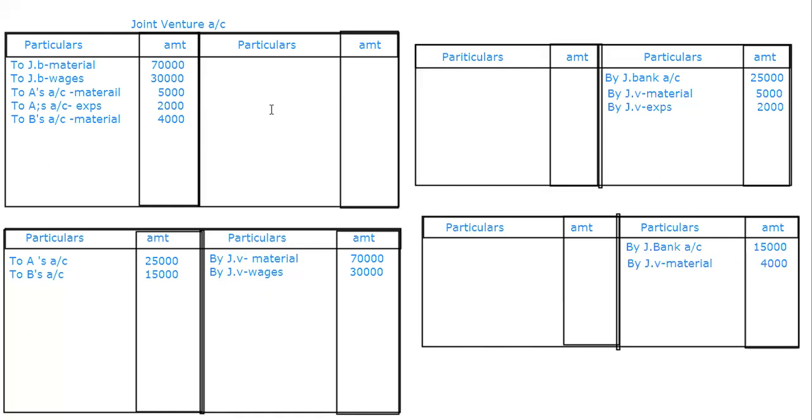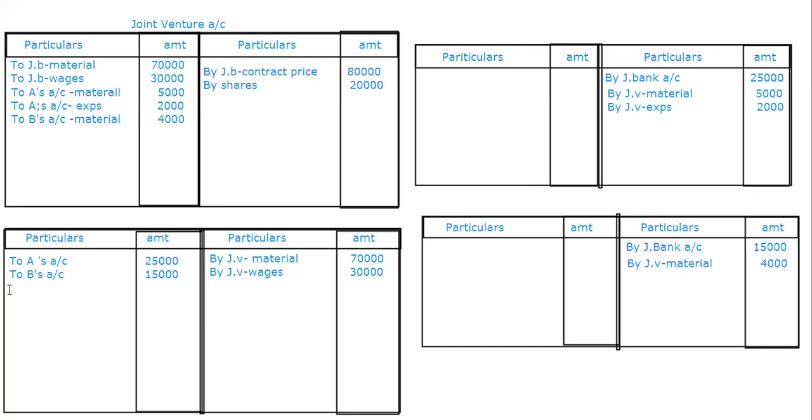After this, the contract has been completed and we have received duly the amount, that is by joint bank contract price, which is in the form of cash, is 80. Then by shares, which is 20. So joint bank, we are going to transfer now here to the joint bank account. So that's what I'm going to do.